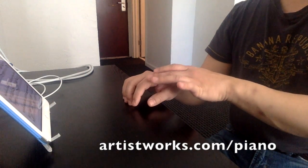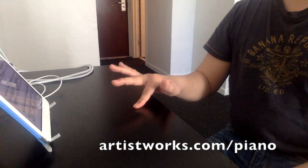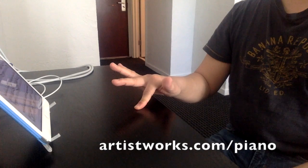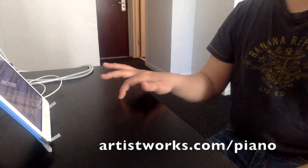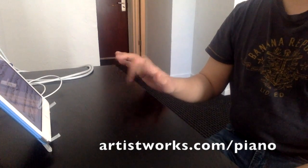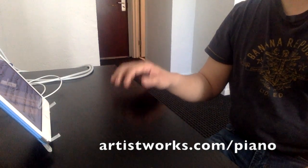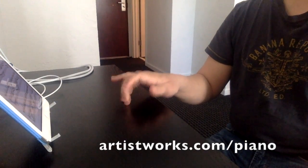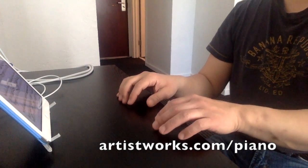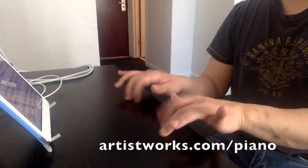Notice the knuckles have an arch here. I don't want to collapse my finger like that. I don't want to collapse any part of my finger. I want to have a good curve when I strike the wood, or strike the tabletop. Again, try to do it with hands together. You can just start with either thumbs together,